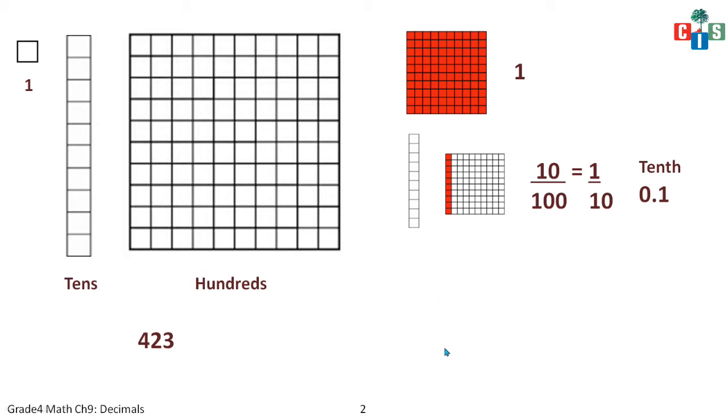Now if I ask how you will represent this single block, if you assume this part as a whole 1. So you will say, ma'am, like this, it will represent 1 block out of 100 blocks. Yes, so how will I write this? I will write it as 1 block out of 100 blocks.